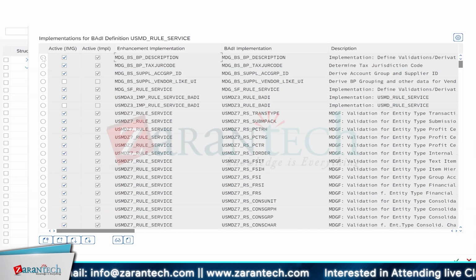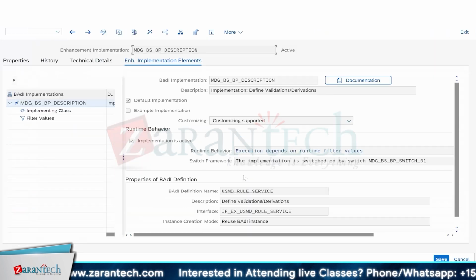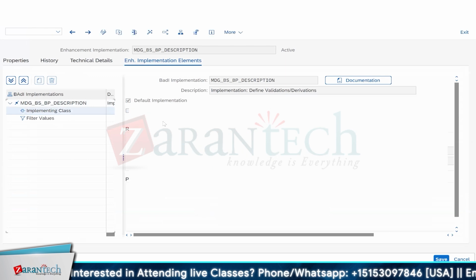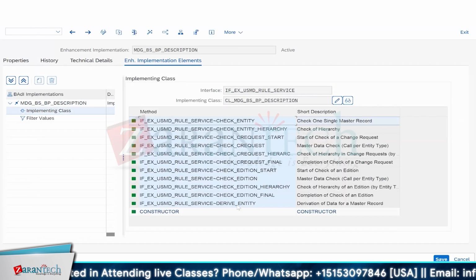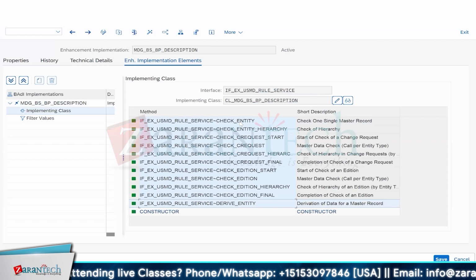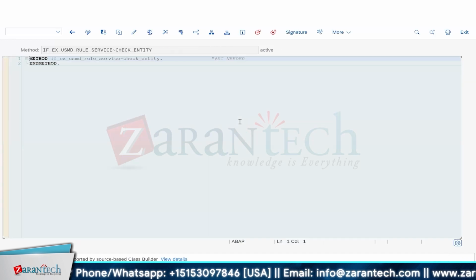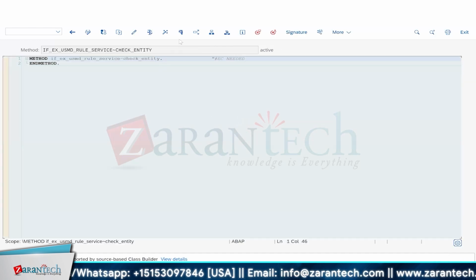Okay. Let's take one of the BAdIs. These are the out-of-box implementations only. SAP also implemented some validations and derivations. Okay. So we go to this implementing class. You will have two folders here, check entity and derive entity. In check entity, you can write all the validations. Okay. So there is nothing here, it is empty. But if you look at the signature,